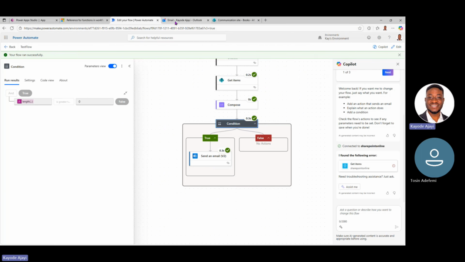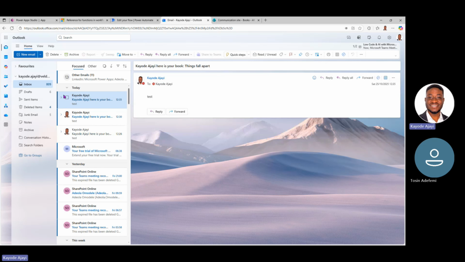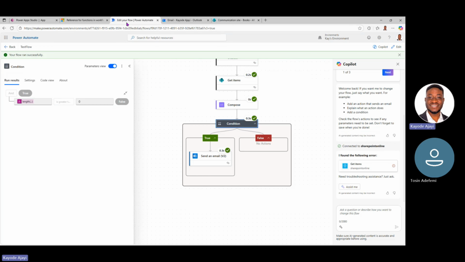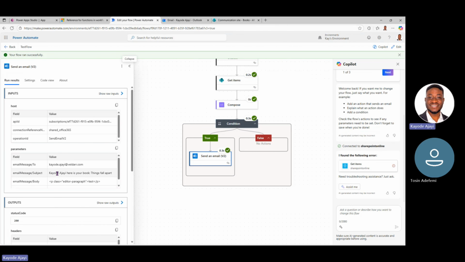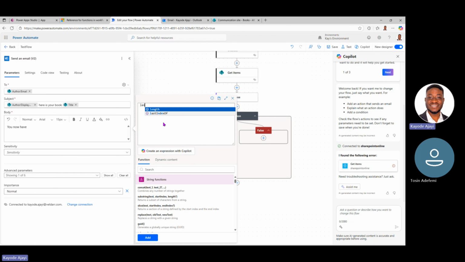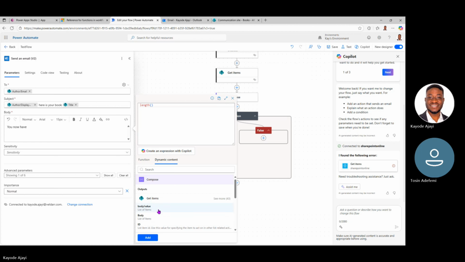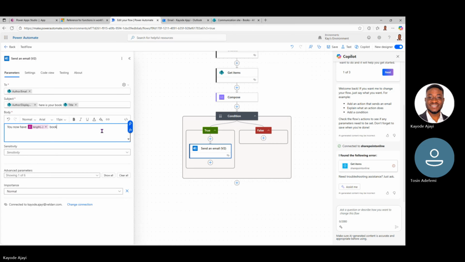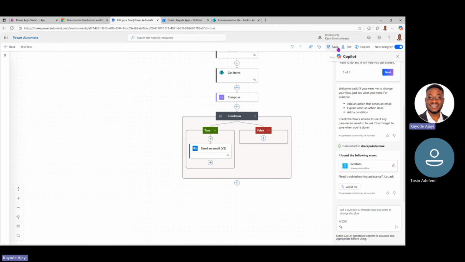Okay, and now I've gotten an email that says, here's your book with the test, right? And maybe to fulfill our original mandate, we can now say, you now have, then we can integrate that length also again. We can say length of this response. You now have this amount of books. Well, I think it's always going to be plural. So if I test this again,